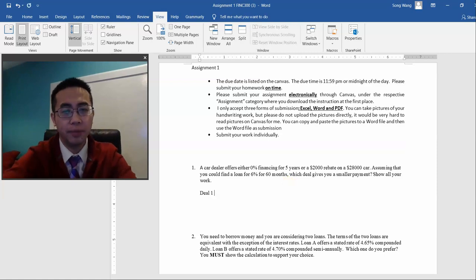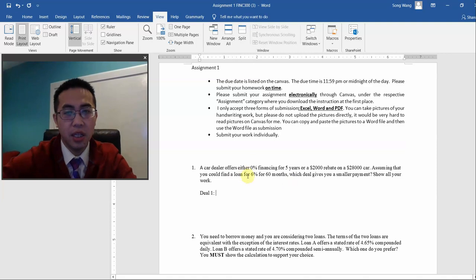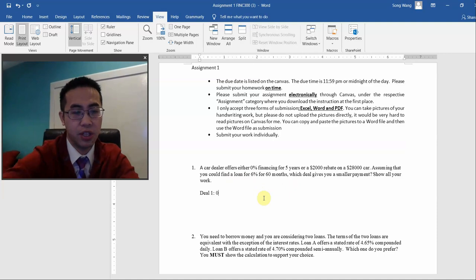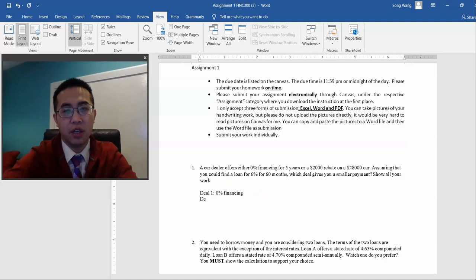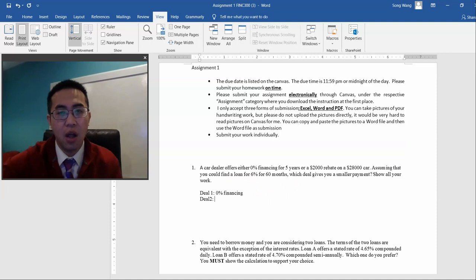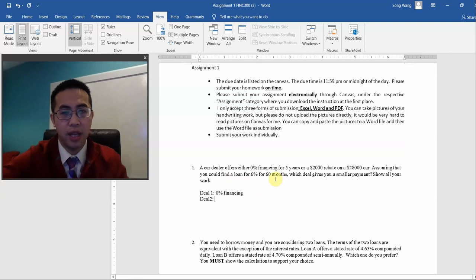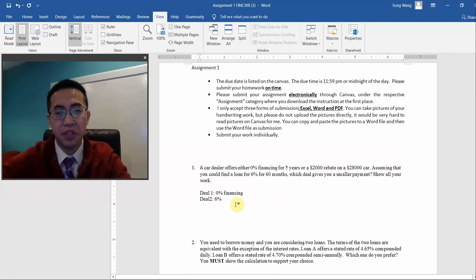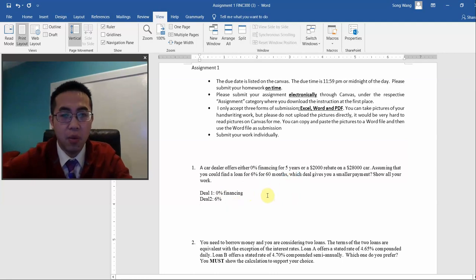For deal one, as you can see, it's 0% financing for 5 years. So we just call it 0% financing. And for deal two, it's not 0%. Basically, you're going to find your own loan, and that loan has a rate of 6%. For deal one, it is better regarding the interest rate because 0% is better than 6% to pay. However, we cannot say deal one is